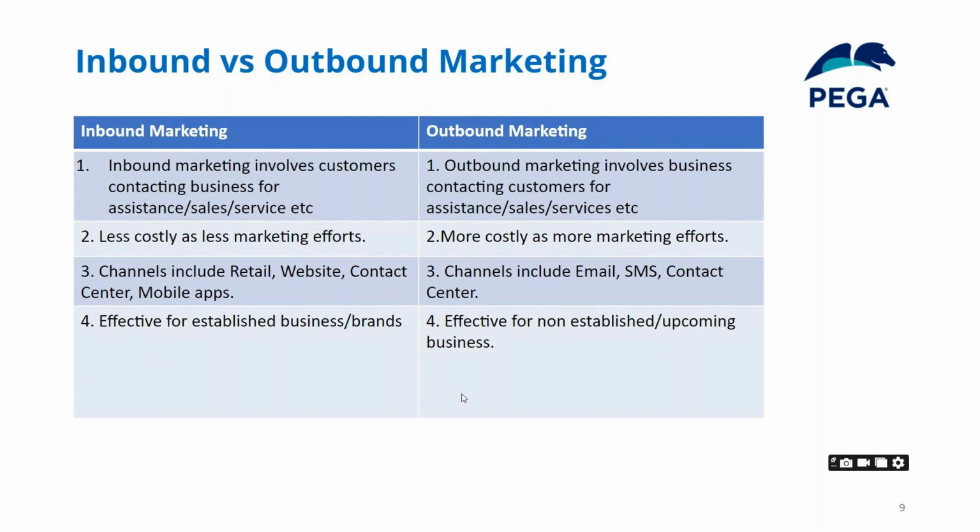Now, outbound marketing means the daily calls and the daily emails that you get, the spam calls and all those. Do you want a personal loan? Do you want a credit card? Do you want a debit card? All those emails, phone calls and SMS that you get, all that is called outbound marketing. Inbound marketing, the customer has initiated the communication to the business. Outbound marketing means the business has initiated the communication to the customer. Understood? Any questions? Clear?